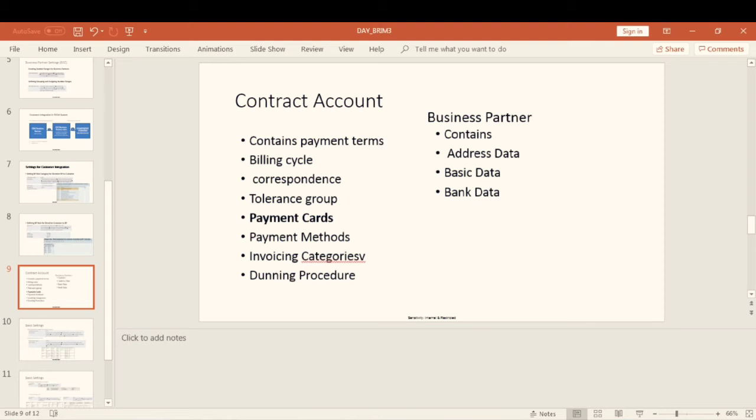For ECC they have the shipping point, plant and company code. Company code will be assigned to plant, and plant will have the storage locations. These are not related to CRM. Here we will create the sales organization data, like what is the sales area, distribution channel, division and sales office. This is the organization model we will create related to the CRM consultants, so we need not bother about that.